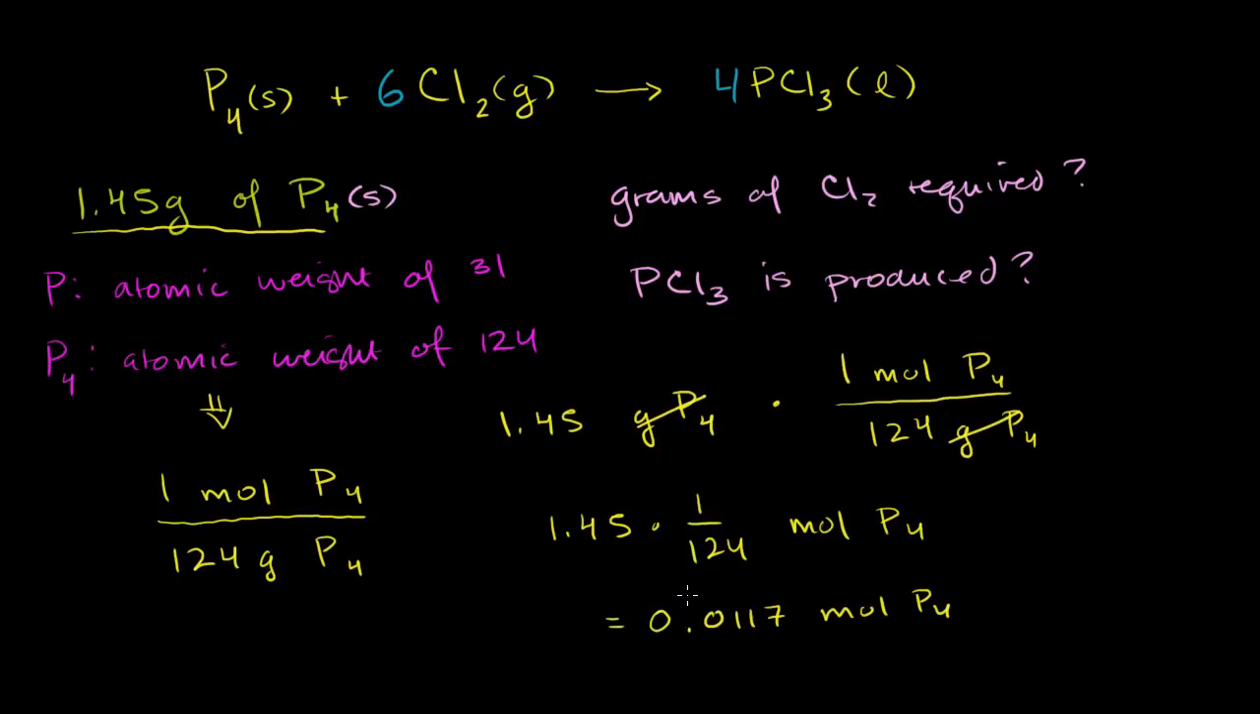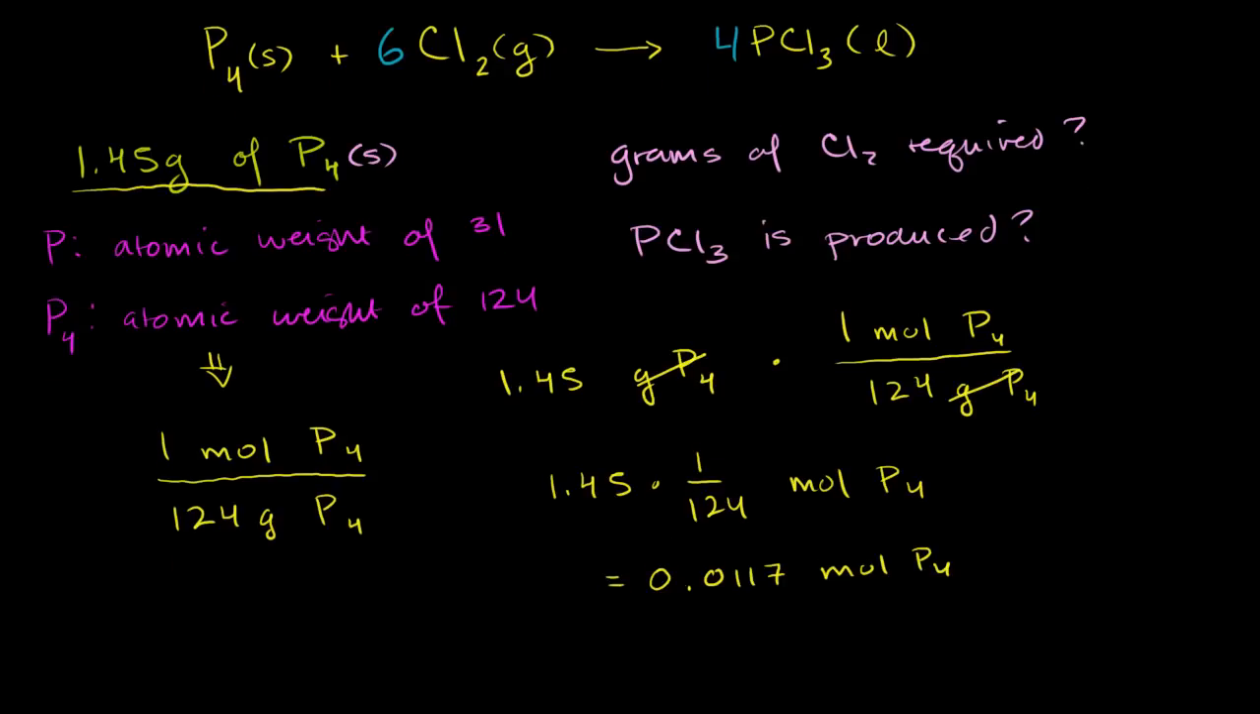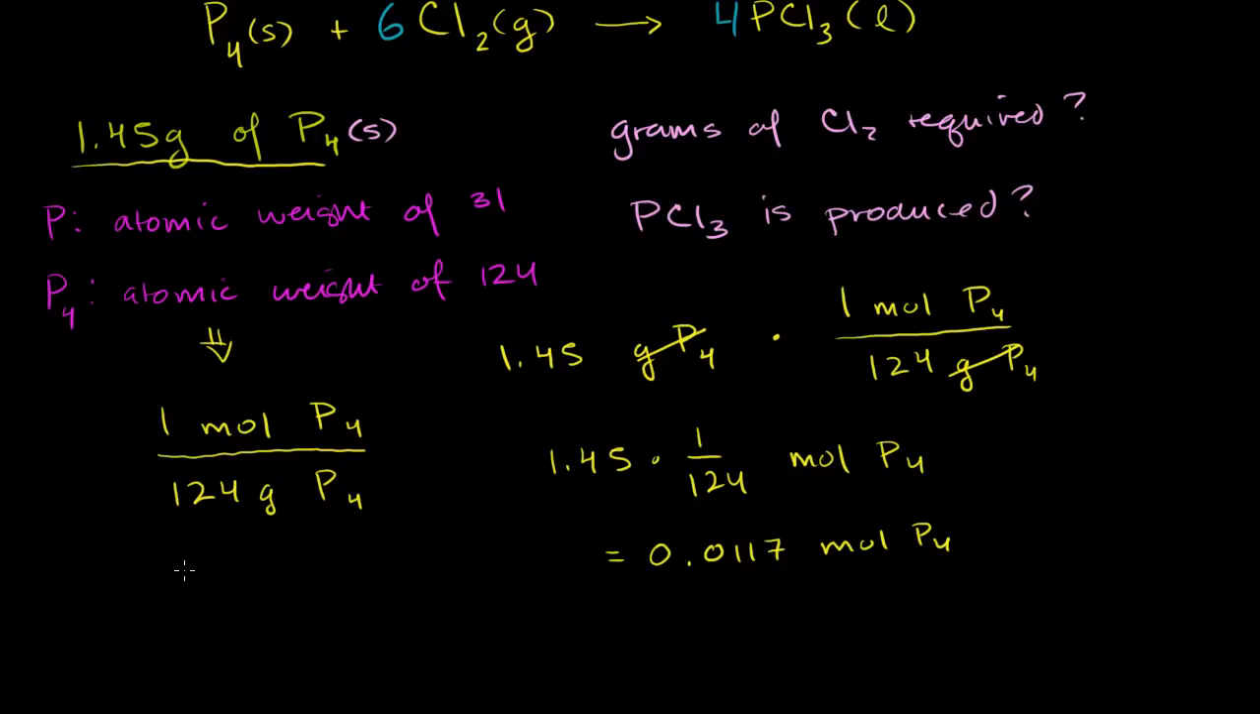Now, we need to think about for every mole, let's scroll down here, although I don't want to lose my equation. So let me write down what we just have: 0.0117 moles of molecular phosphorus. And for every mole of phosphorus, how many moles of chlorine molecules do we need? So let me write this down. For every 6 moles of chlorine gas, I'll do it in blue, times, for every 6 moles of chlorine gas, we need 1 mole